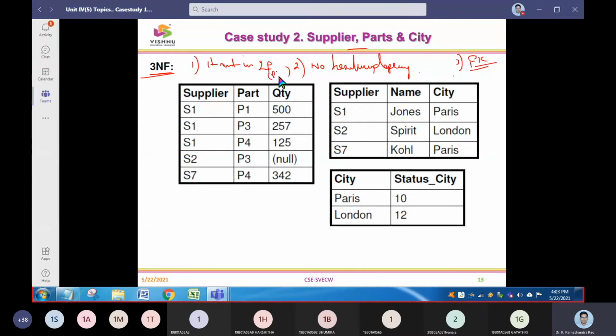In second normal form, all non-key attributes are dependent on the key attributes. That means, directly or indirectly, you must have a primary key. Now you are decomposing the table into 2 parts. That means the 2 parts of the table have to be related. How do they have to be related? They have to be related through a foreign key. Unless there is a foreign key, you can't link those aspects. That's the reason why we put the foreign key constraints and link the tables.